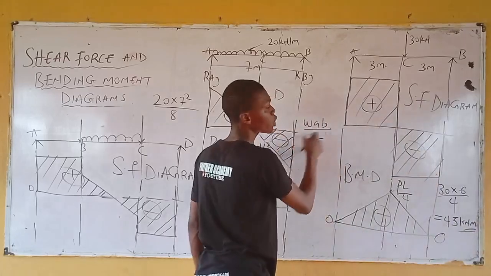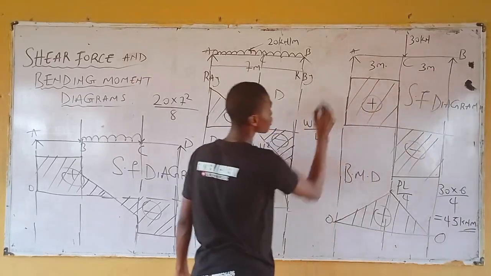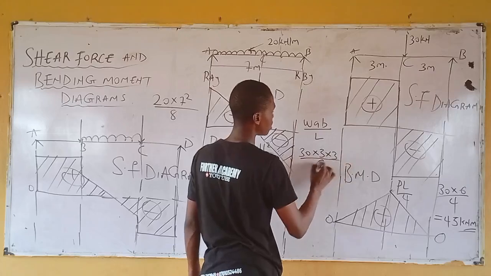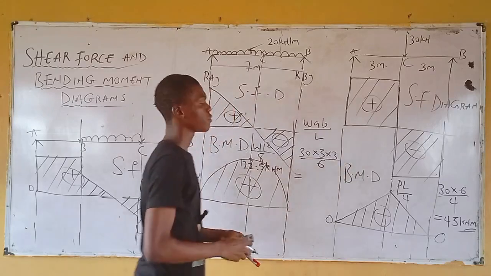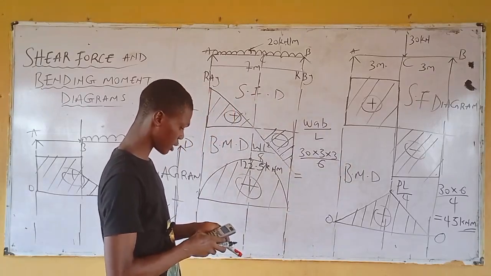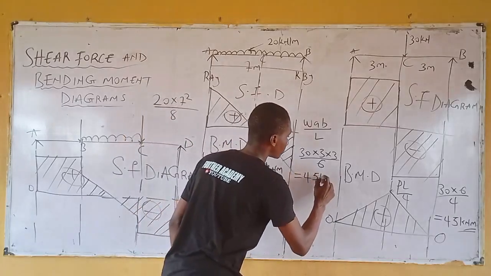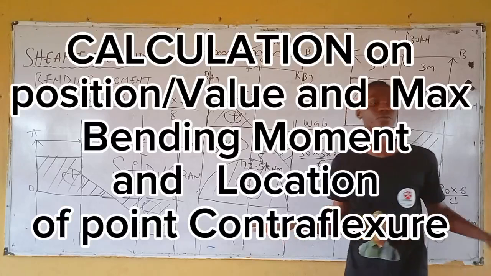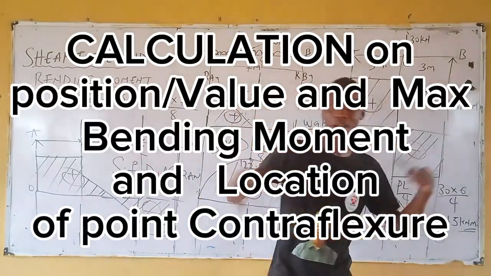Now let's use this, where A is this length and B is this length. So that becomes 30 times 3 times 3. You must get 45 also. Press this. What do you have? 30 times 3 times 3 divided by 6. 45 kilonewton meter. So instead of solving, you've made use of what formula. So in the next class, we look at how you can calculate